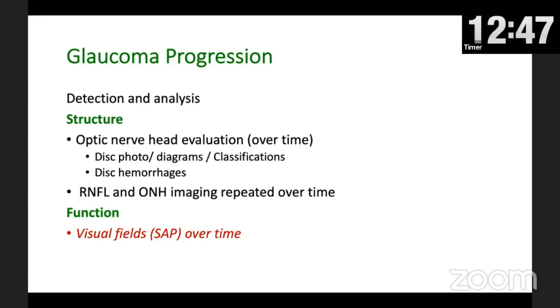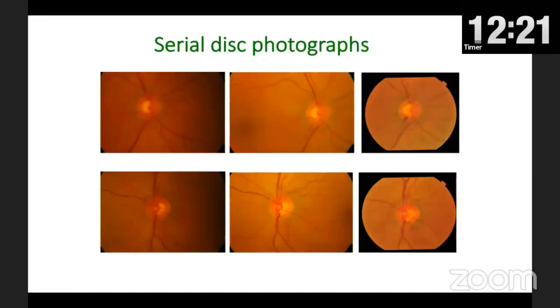So we do have the structural tools, which are basically the OCT, mostly used now by all of us, and of course also the disc photography, or subjectively defining your disc changes, which is subjective and hence not always the best methodology, but works if you're very meticulous. And then we have the functional tools like the autoperimeters. Basically, we are all using standard autoperimetry, white on white, over time to see how our patients are doing.